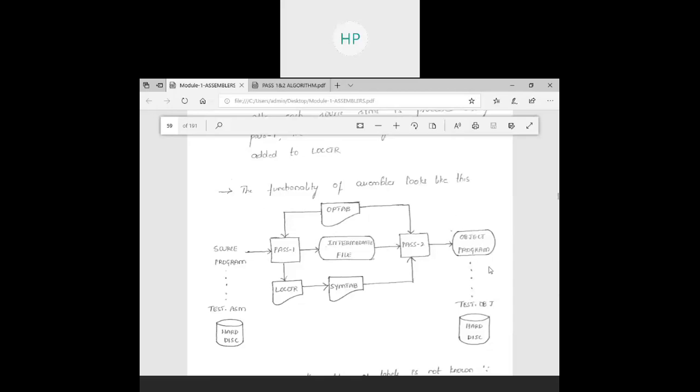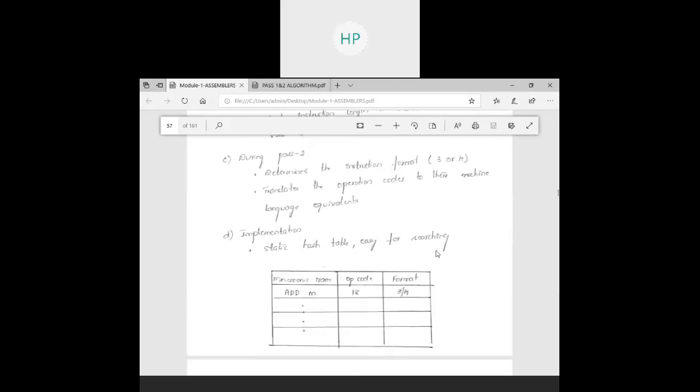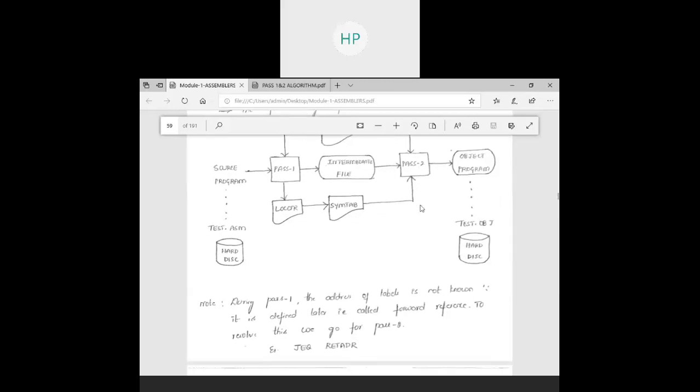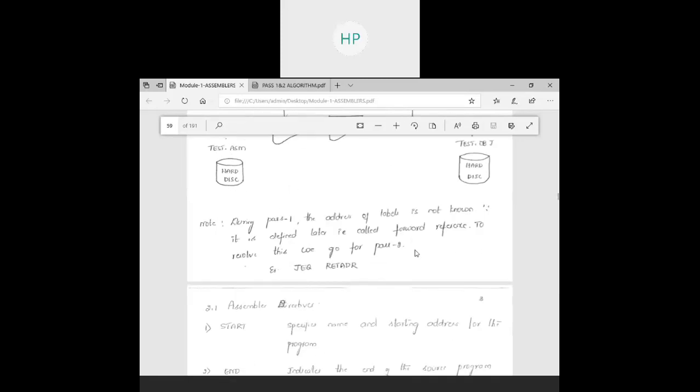This is your pictorial representation. This is just the blueprint of what I explained: assembler, linker, loader. What you have here is what exactly happens inside the assembler. How you learn the 7 phases of a compiler, the same way you have to learn pass1 and pass2 of the assembler. As I've already told, during pass1 it will create the symbol table and generate the location counter values. In pass2 it will create the object program. The same thing I have written here.